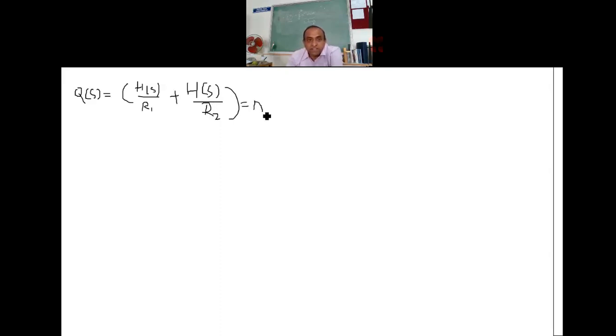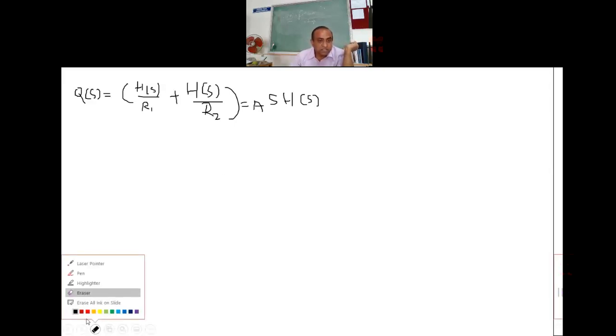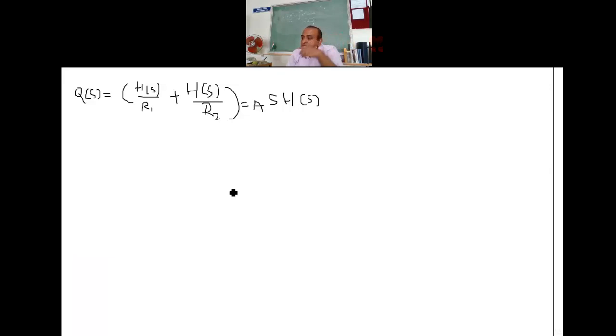So there was a differentiation term on the right hand side. So it is A as it is, S into H of S minus H of 0. This is from the formula. So as I keep telling many times, this term will always be 0. Okay, so I'll erase that term because you don't need it, because at initial time your output is 0. Okay, so this is what you got.